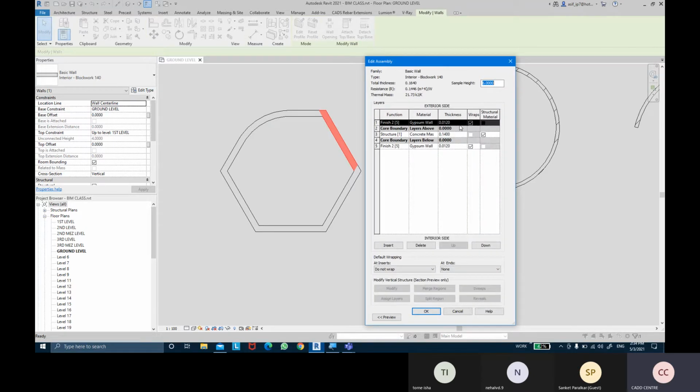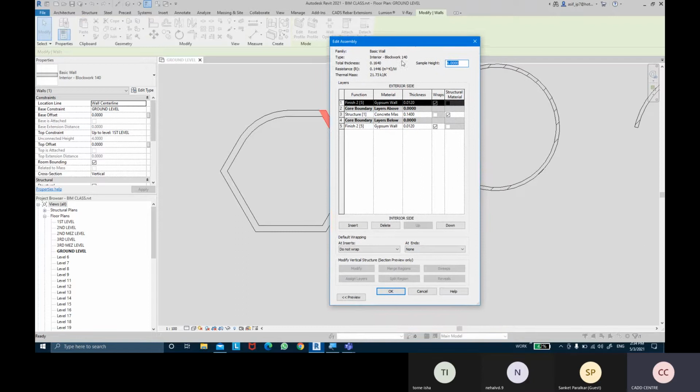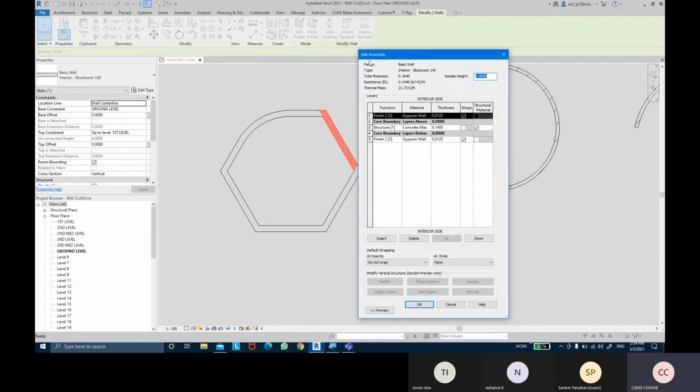When I click on Edit, it takes me to a new dialog box which says Edit Assembly. From here I can change the thickness of the wall. Instead of 140 block work, I can make the thickness 150 or 200 or 230.